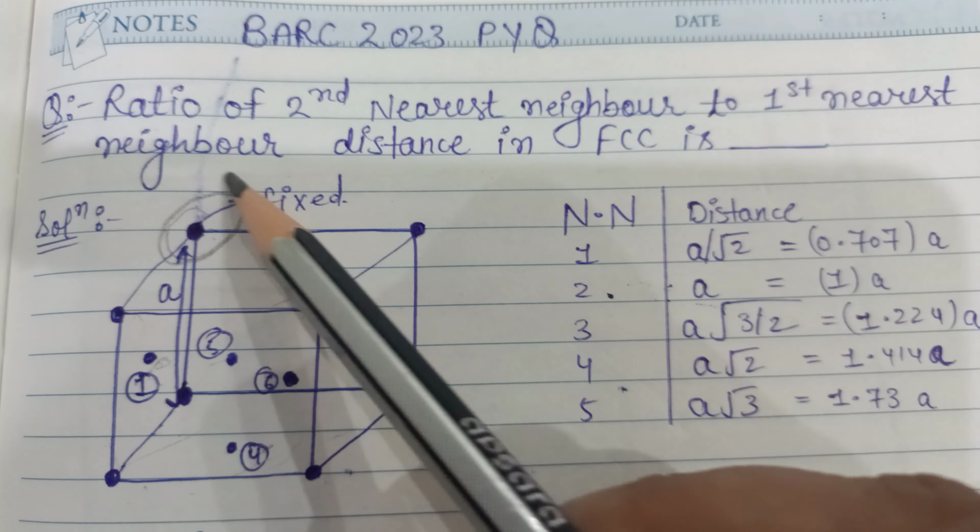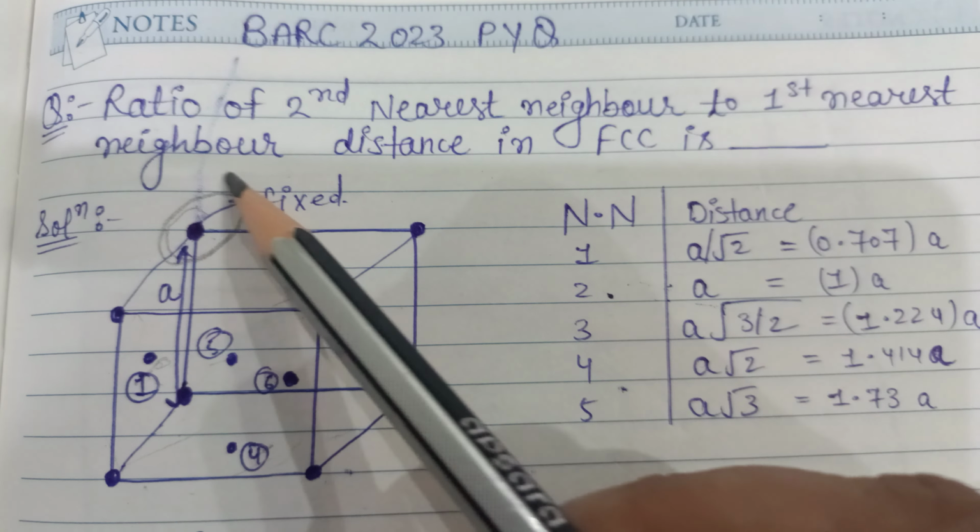Let me show you a planar view. In the planar view, we can take out only the upper side, or any side, from this cube. This is the edge length A and we have atoms 1, 2, 3, 4. If we are going to calculate the diagonal distance, from here to here, we use the Pythagoras theorem. By using the PGT, we can calculate the diagonal distance or the distance between the nearest neighbor atoms.